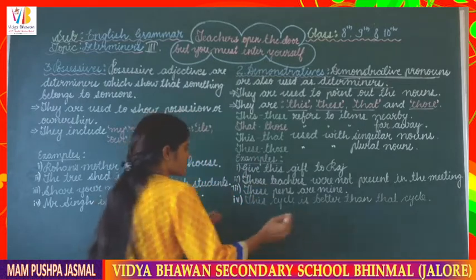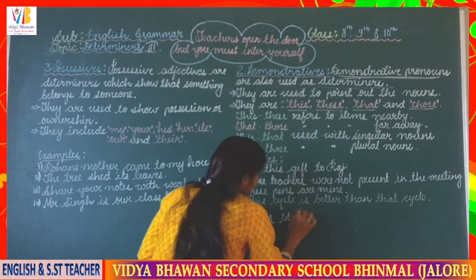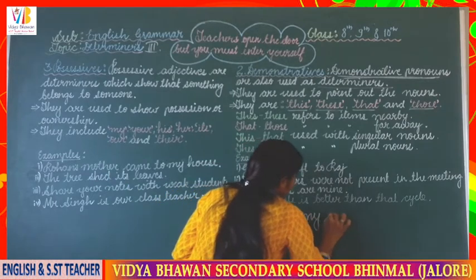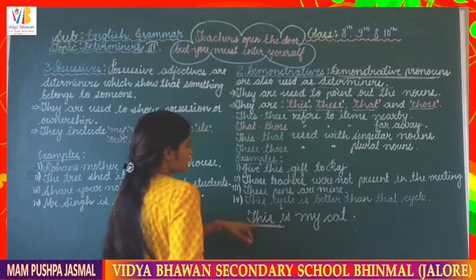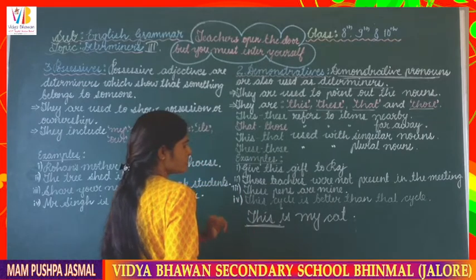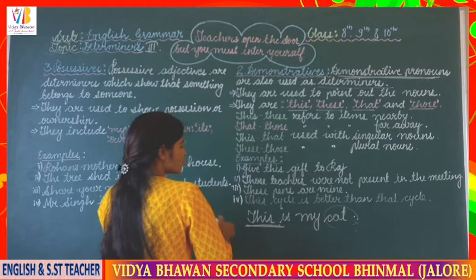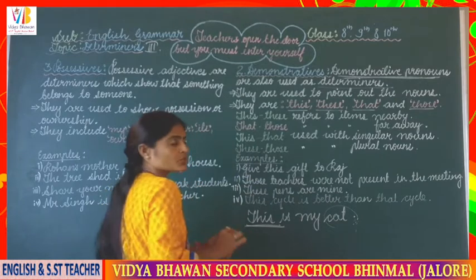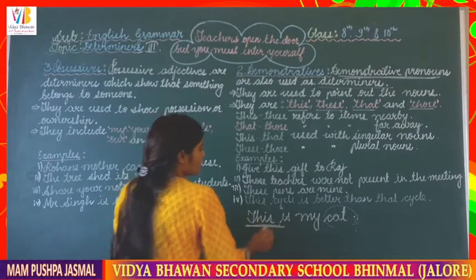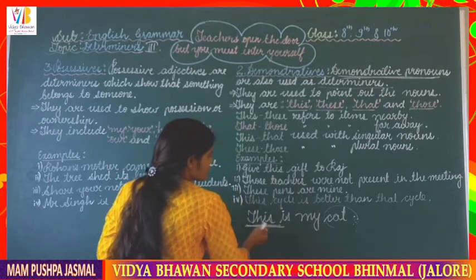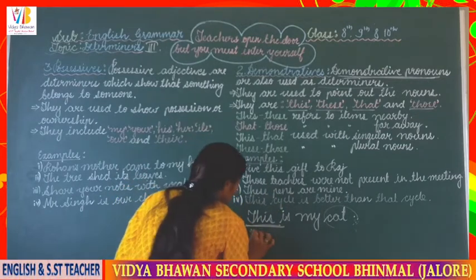For example, this is my cat. Here this is used. This is my cat, means for cat we have used the pronoun this. Here we can say this is a demonstrative pronoun, because a helping verb is there and it is placed just before the helping verb. The second sentence with the same meaning: